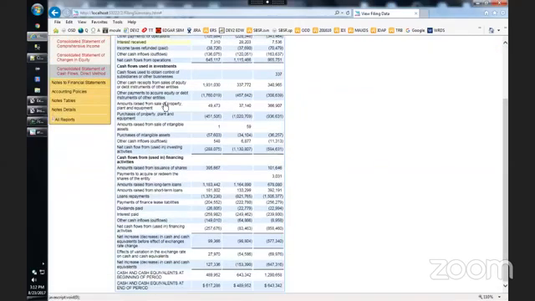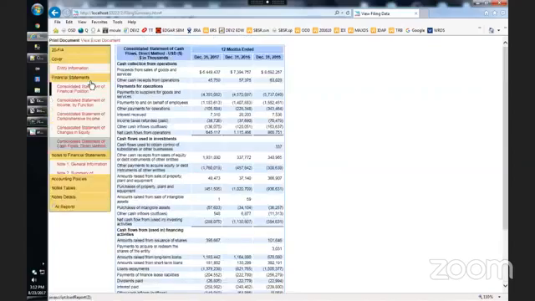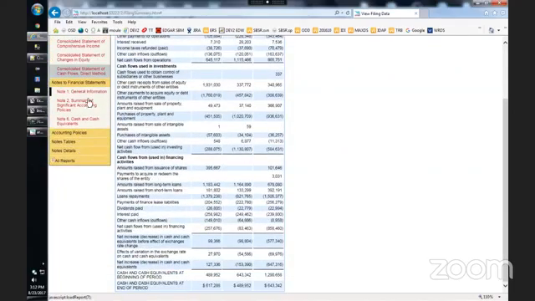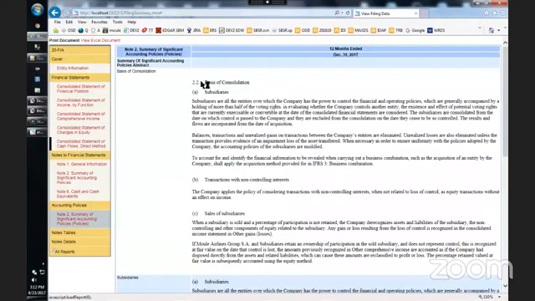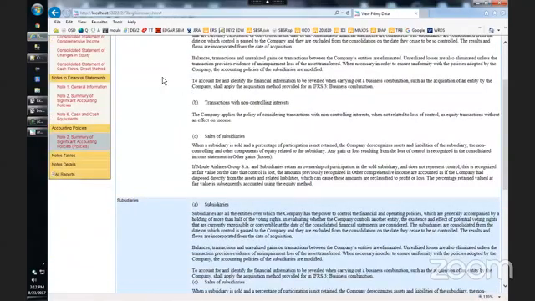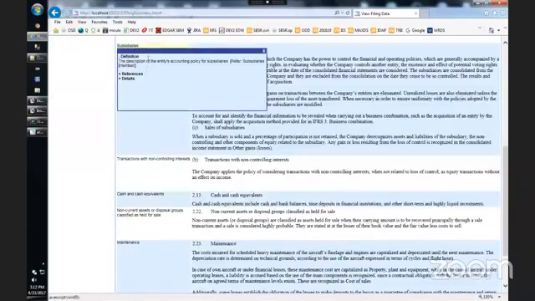Similarly with cash flows, you wouldn't expect that to look any different. And once again, with the notes, here we have a selection of a couple of them. If we look at the accounting policies, you'll see that, yes, indeed, there is one presentation group, and each of the different chunks of text